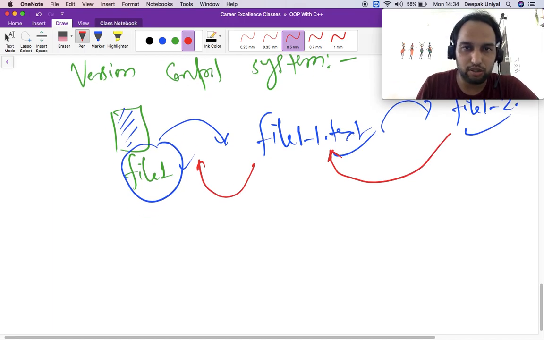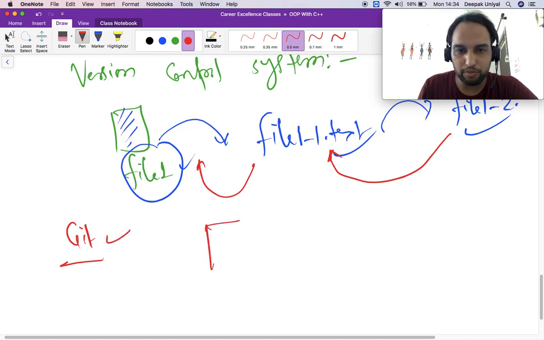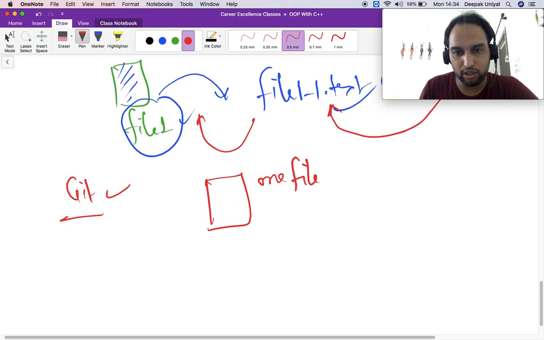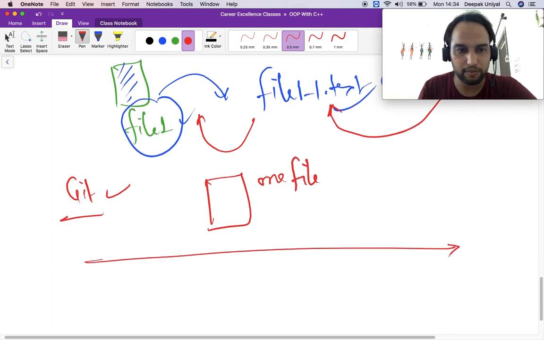So using this version control system, Git, you have to just maintain one file, right? And there will be a timeline like this.